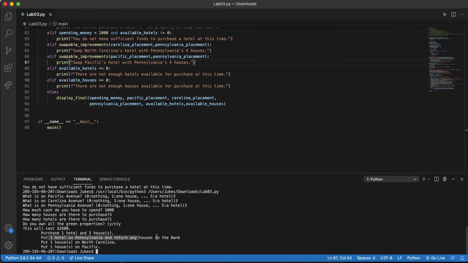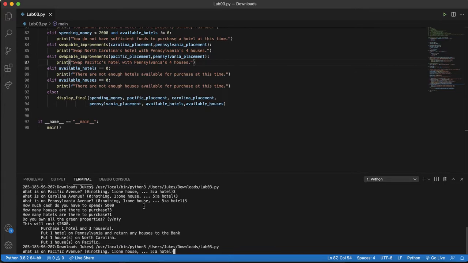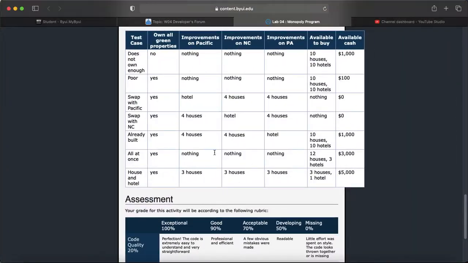and I can put 1 hotel in Pennsylvania since it has the room for it, and I can also put another house in North Carolina and the Pacific. Let's try another one. Let's see the swapping outcome, because these are different. So if we do,